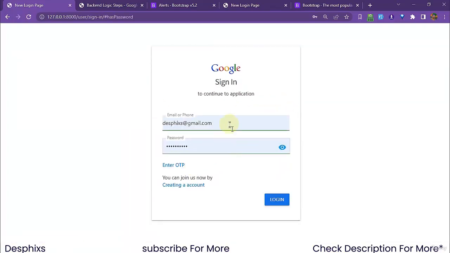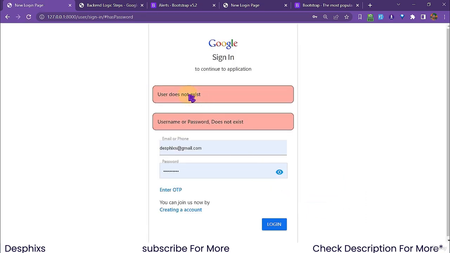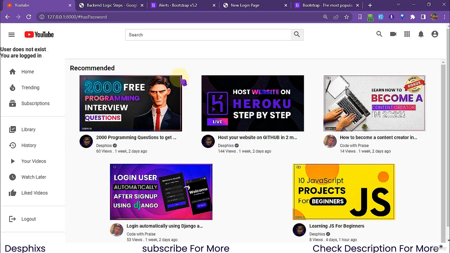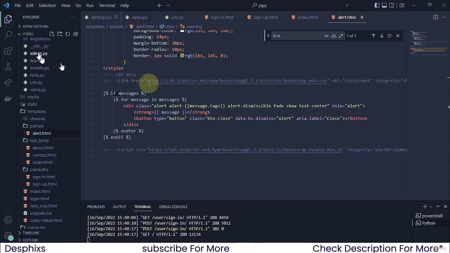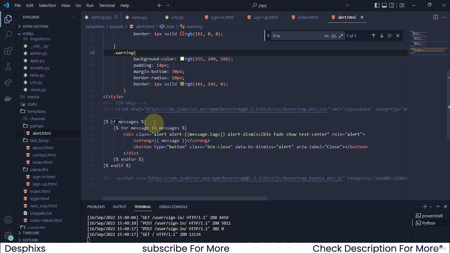I'm gonna put in a password and I'm gonna try putting in a username that doesn't exist, and we hit enter. So right now, as you can see, it says username or password doesn't exist, blah blah blah. I'm gonna go ahead and log in with the one that actually exists, and right now it says that does not exist, you are logged in, and this is not what we want. We want to actually go ahead and display messages that tag. So I'm going to get rid of this and I'm going to say message.tag,